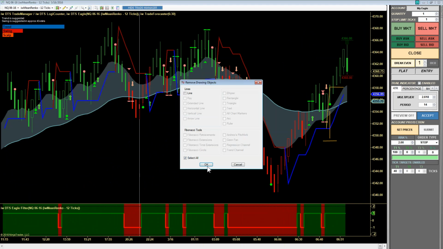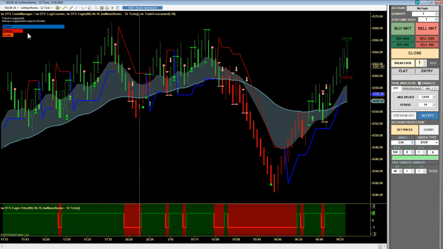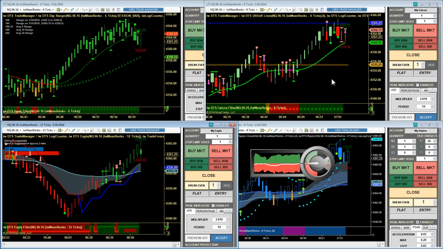This tool that you see here in the top left corner, another add-on, this is called the Trade Forecaster. What the Trade Forecaster does is it tells you the current market condition and what the next one is likely to be. So right now we just moved out of trend mode. We're into swing mode, although trend mode coming back in a couple of minutes. Again, normally these numbers stay within their environments a little bit longer than just 2 minutes, but it just goes to the nature of